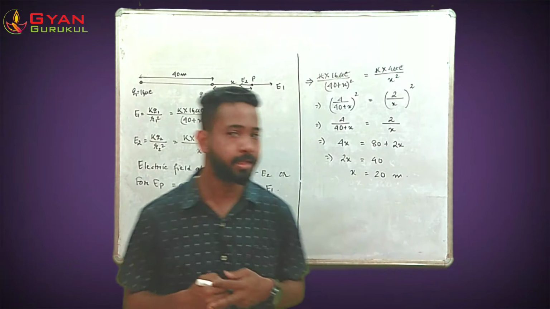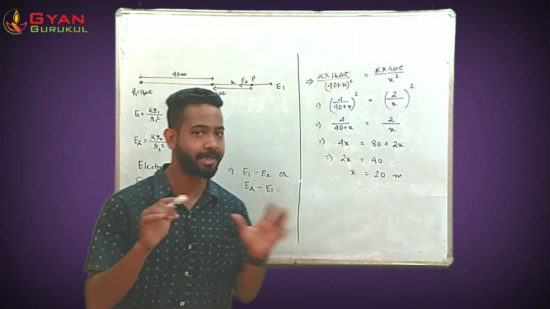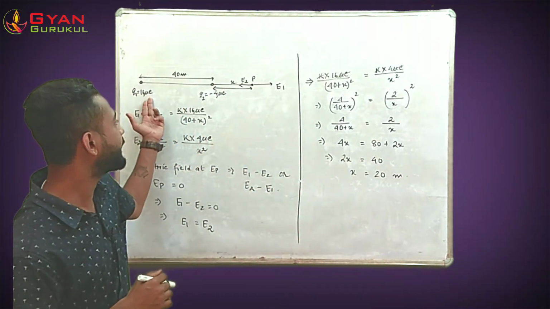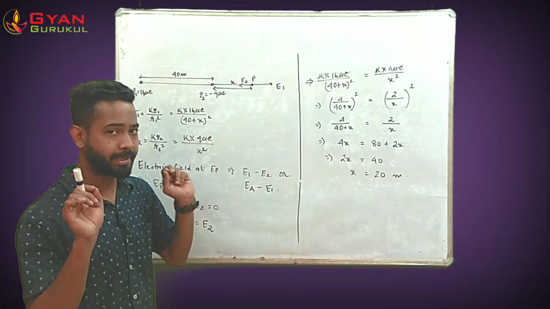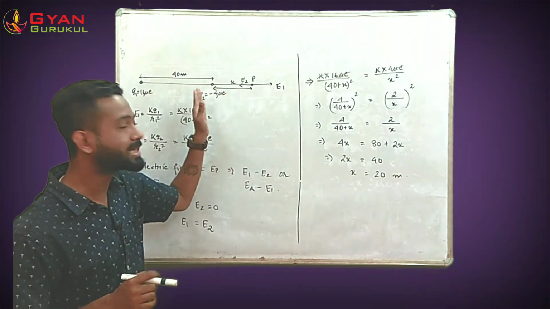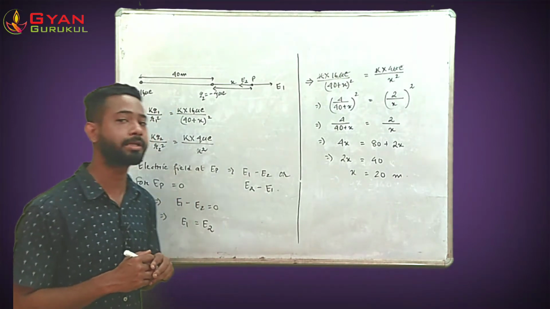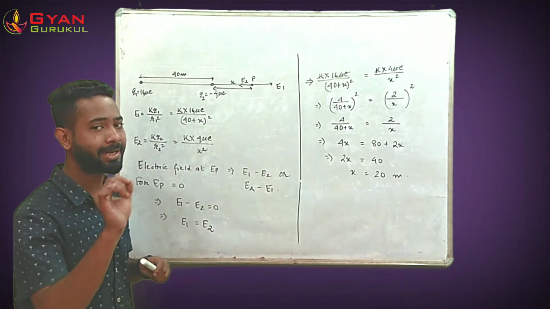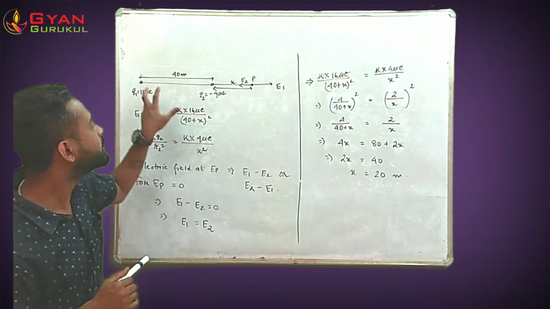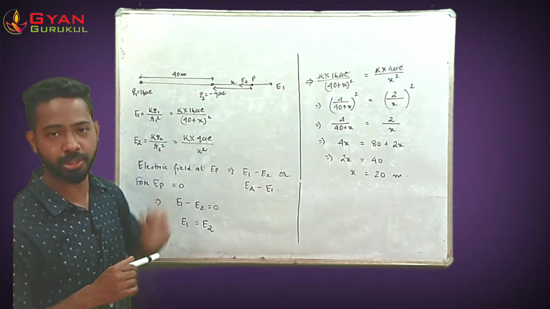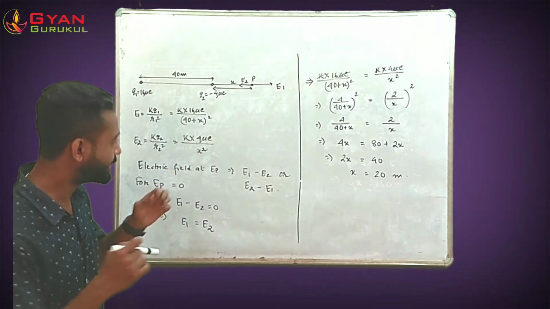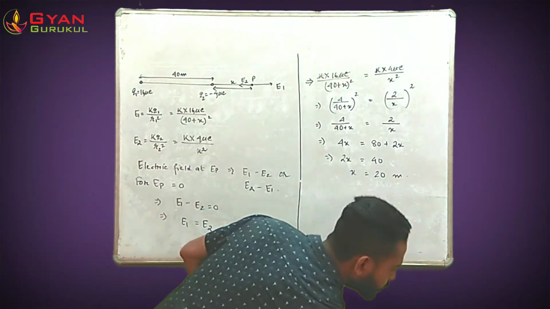As you can see in the next part of the question, we are given the same set of charges, that is 16 microcoulomb and 4 microcoulomb, but in this case the 4 microcoulomb is a negative charge. So in this scenario we need to understand that the point where the net electric field would be 0 wouldn't lie anywhere in between the two charges. Why is it so? Let me show it to you.